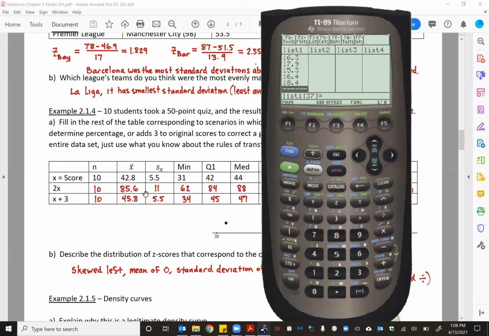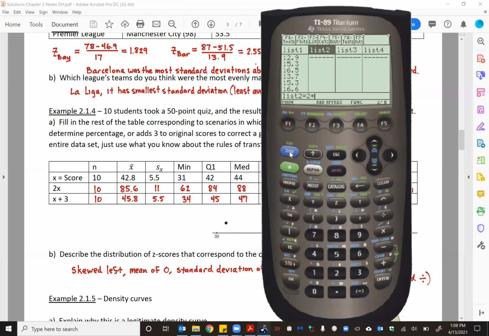It has nothing to do with the question in 2.1.4, but I'm going to just use this list to show you how you could very quickly double all these scores if you wanted to. It's very simple. I've got list 1 filled in. I'm going to scroll over to list 2. I'm going to scroll up until list 2 itself is highlighted, and then I'll go ahead and hit enter. And you'll notice that a prompt has shown up down at the bottom, which is going to allow me to define list 2. And one of my options at this point is I could literally say list 2 is equal to 2